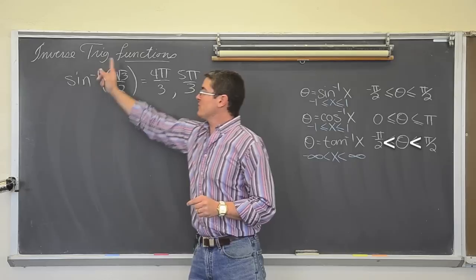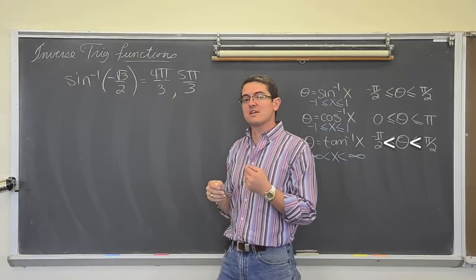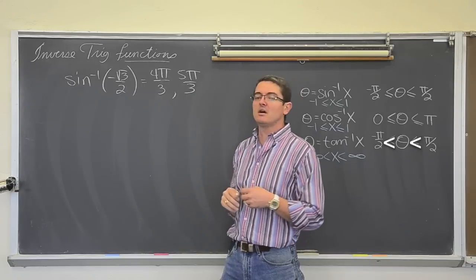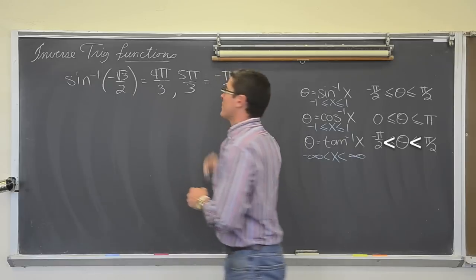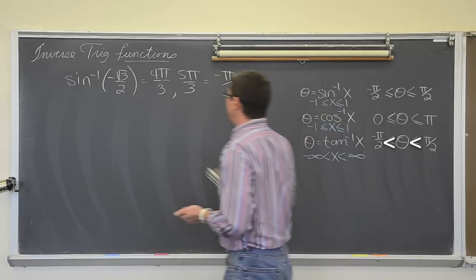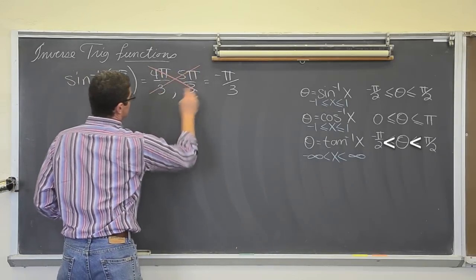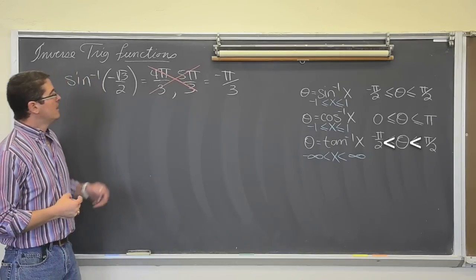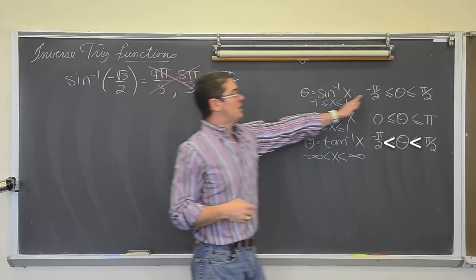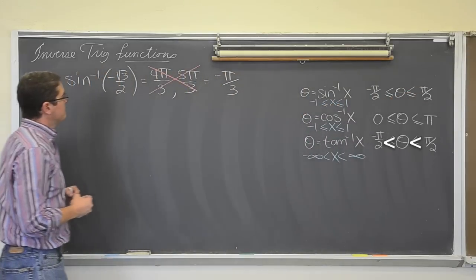If you type inverse sine of negative square root of 3 over 2 into your calculator, or if you work with this as a function, your calculator would tell you that the answer was negative pi over 3, or negative 60 degrees if you have it in degree mode. So while these are sort of correct on the unit circle, these angles will give you a sine value of negative square root of 3 over 2, they're not within the restricted range of inverse sine when it's acting as a function, okay?